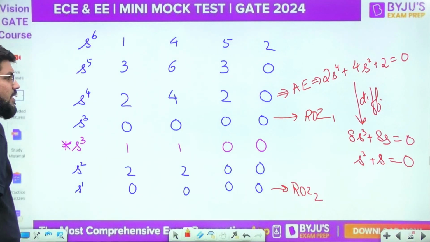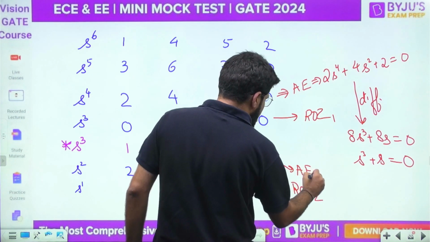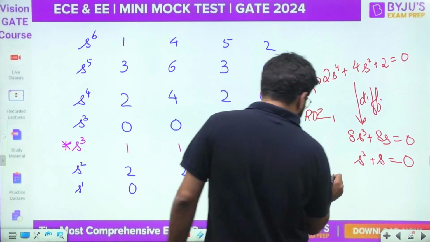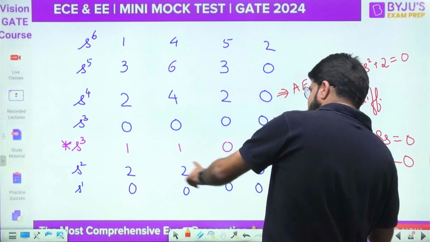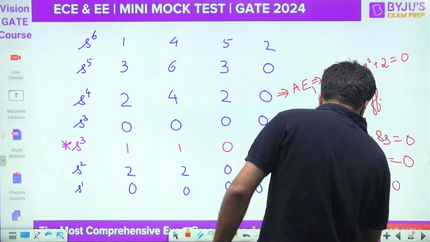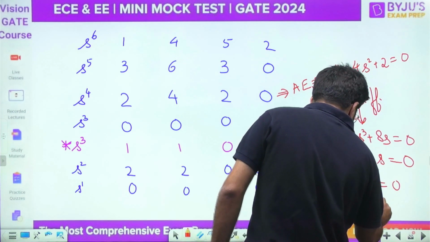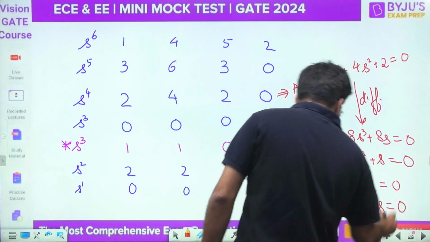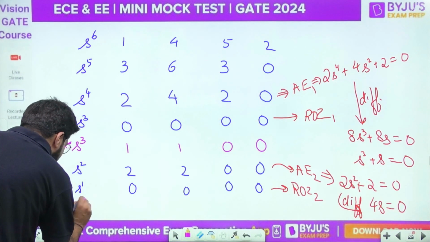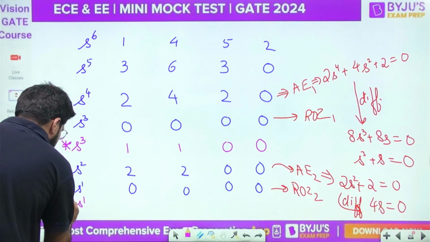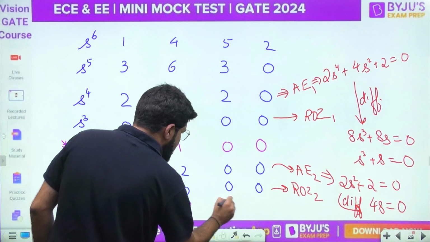So this is the second row of 0. Because there is the second row of 0, there will be auxiliary equation number 2. So let it be number 1. What is auxiliary equation number 2? That is 2s square plus 2 equal to 0. Differentiate this, so you have 4s equal to 0. Once again, I will write down the modified s power 1 row. That is simply 4s equal to 0. So 4, 0, 0, 0.